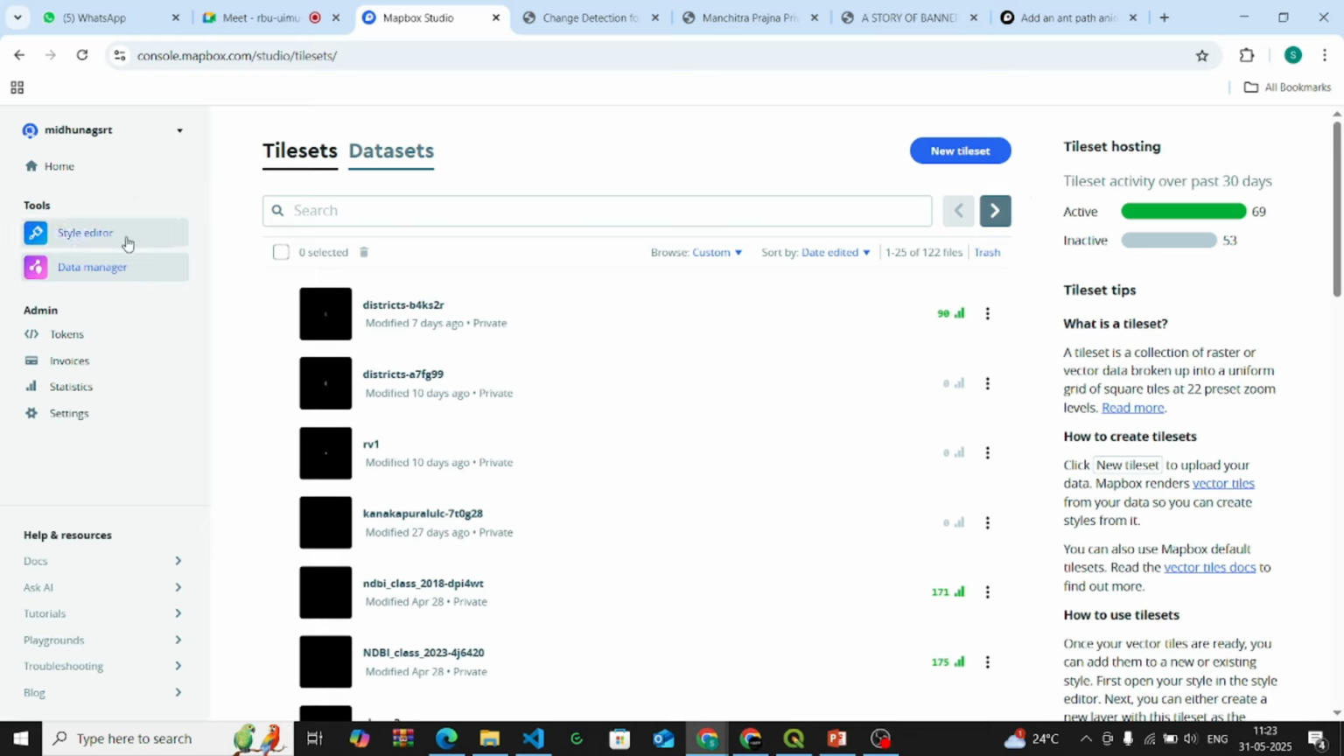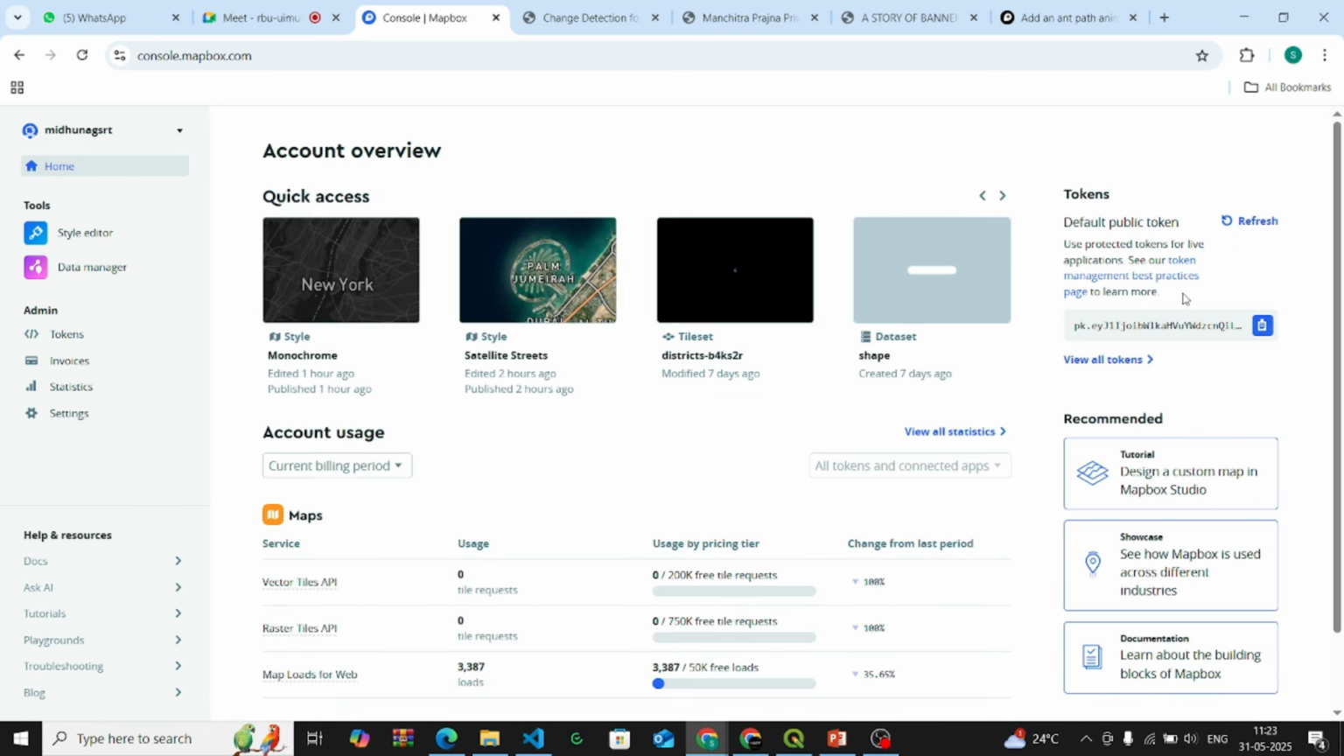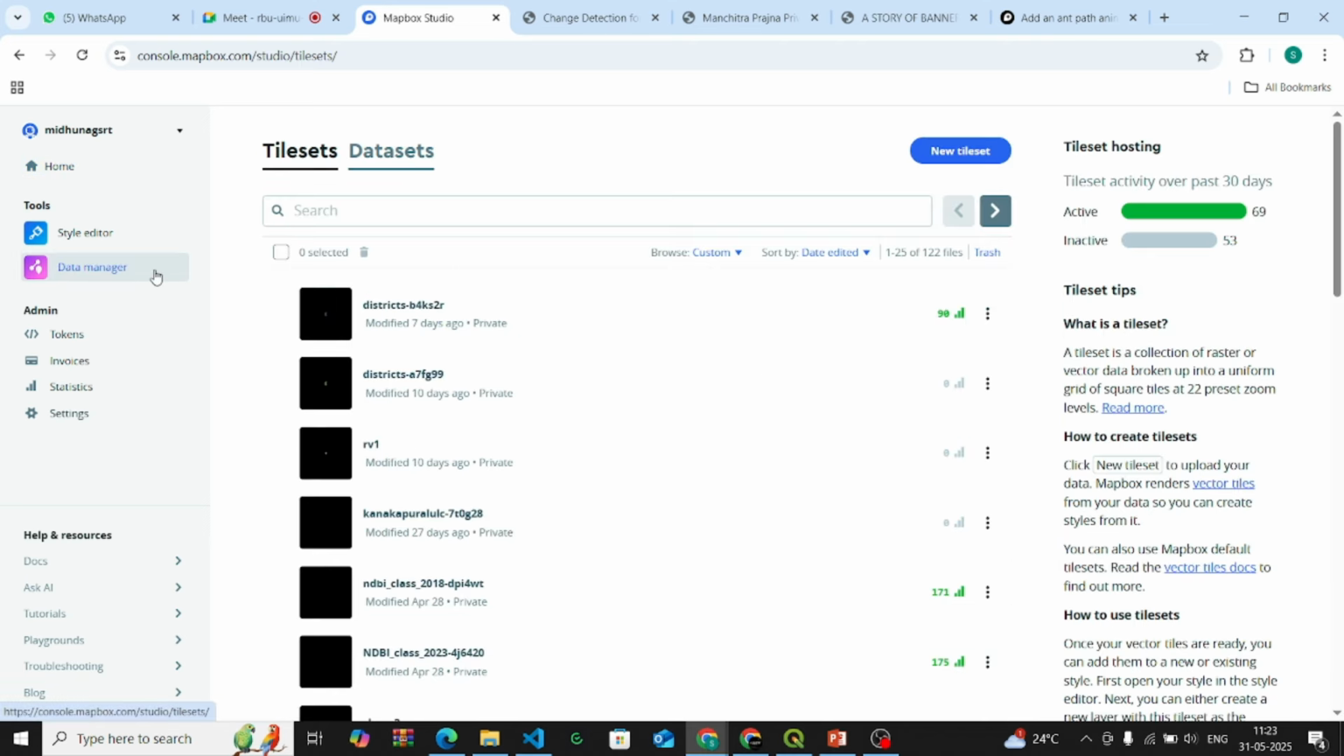First I'll be telling about the access key, that is the public token. When you create an account for Mapbox, you'll have an access token which is unique for each user. This token, we can use it to publish the web map. So this is very unique for every user. And coming to the data manager, this is where we can add the shapefiles, GeoJSON files to host it